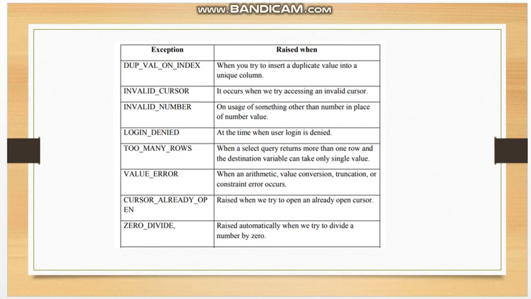Invalid number is raised on a usage of something other than the number in place of the number value. Then there are many inbuilt exceptions which are handled directly by the system. One of them is zero divide. We have just discussed the zero divide. It is raised automatically when we try to divide a number by 0. Let's see an example of zero divide